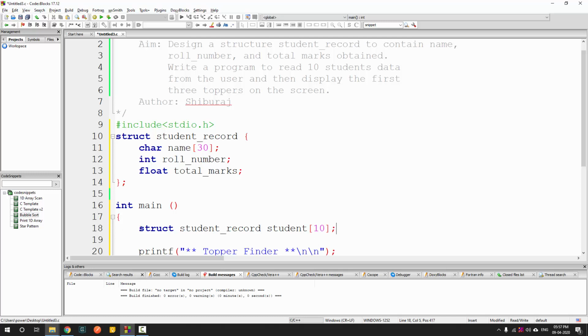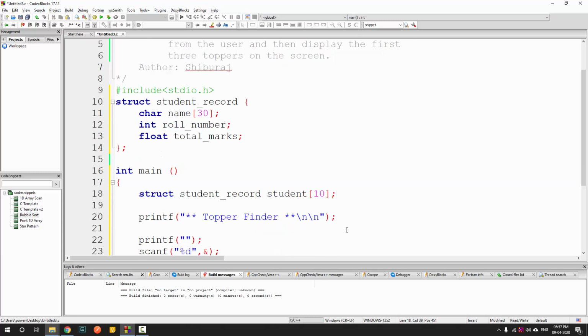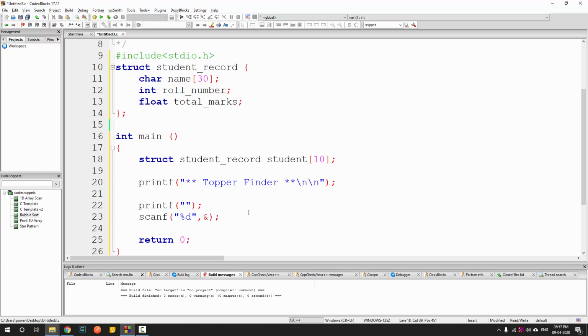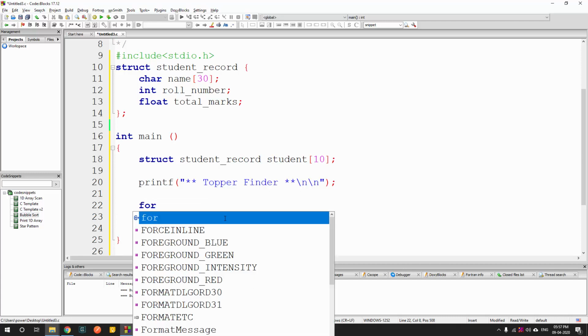So this is the way we declare an array of structures. It is similar to the way we declare variable arrays. We just add the square brackets, and the normal structure becomes an array of structures. Once that is done, it's time for us to take the input. To take the input we have to take it one by one, since there are 10 students, so obviously we will be needing a for loop. So let's start with the for loop,